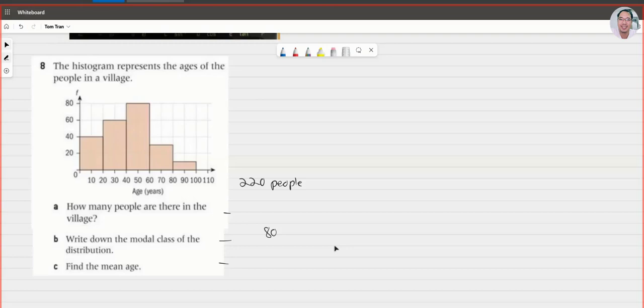No, the modal class is the age of the people, not the frequency. The highest frequency is 80, but the age, the modal class, is 50. Okay, the mode is 50. The mean,